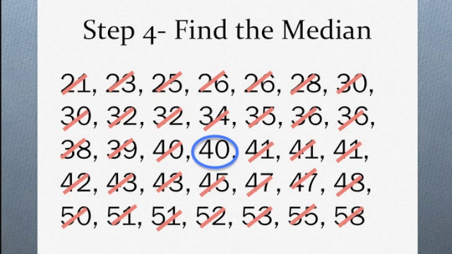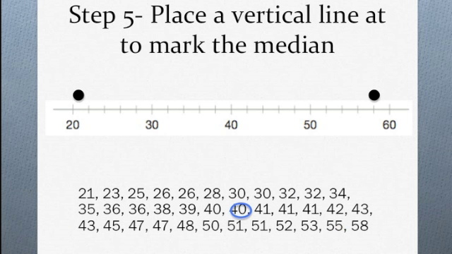You could also count to see that there are 17 numbers above and 17 numbers below the number in the middle. I like to go back and forth. That's what helps me visually. When the numbers are lined up like this, though, you have to make sure that you go in the correct order. So for instance, you go from 58 to 48 and not from 50 to 42. So you're counting down chronologically, or if you're starting at 21, you're counting up chronologically in order. That's very important. Once you've found your median, you're going to mark it with a vertical line on that graph